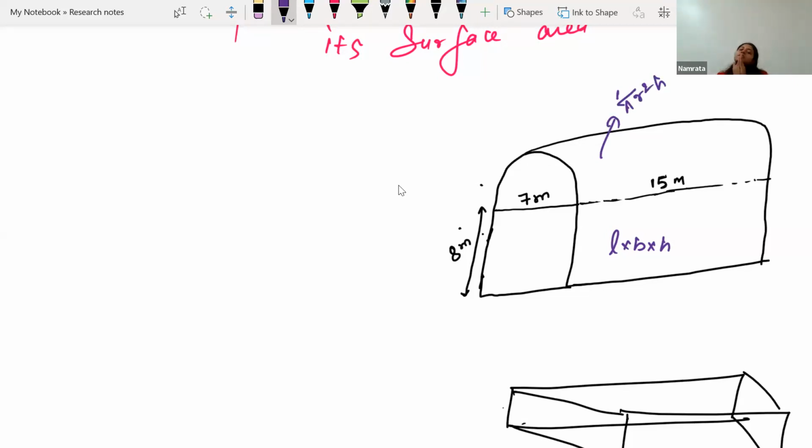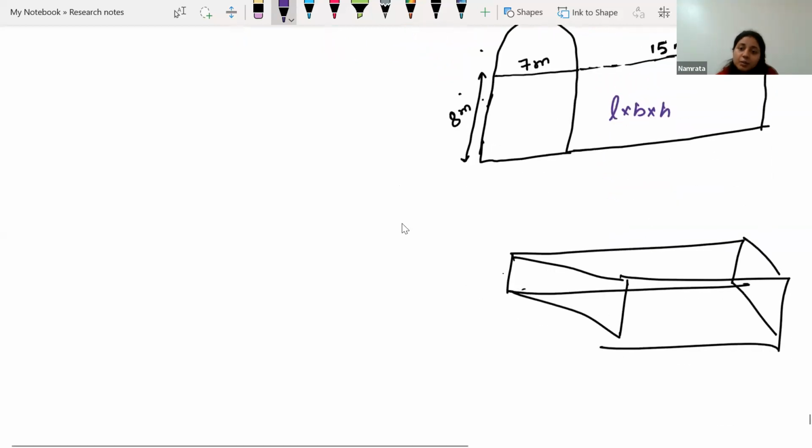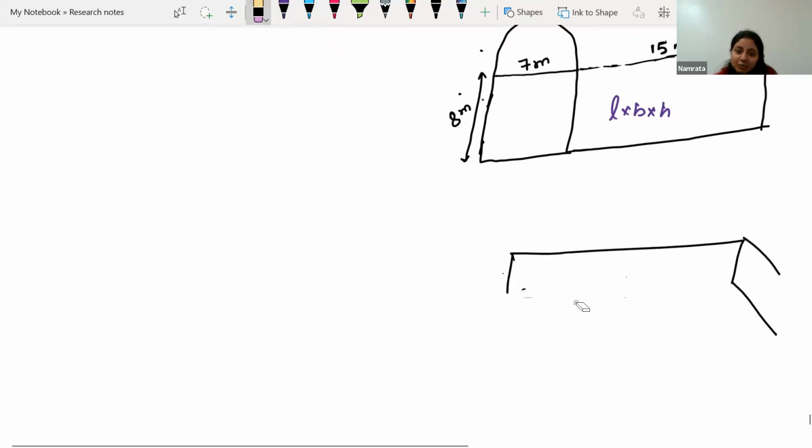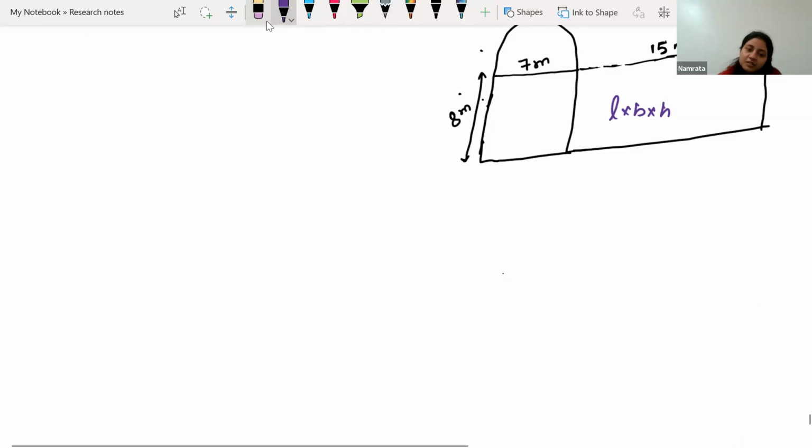First, tell me what is the length, the breadth, and the height of the cuboid. Ma'am, the length of the cuboid is 7 plus 15. We have to add. If you compare it with the bottom figure, can you see? Let me draw it properly. I'm not good at drawing figures. If I want to represent a cuboid properly,